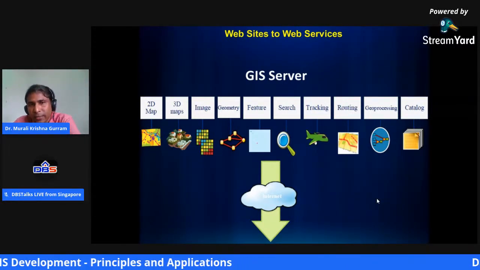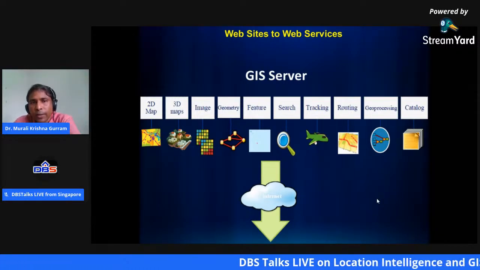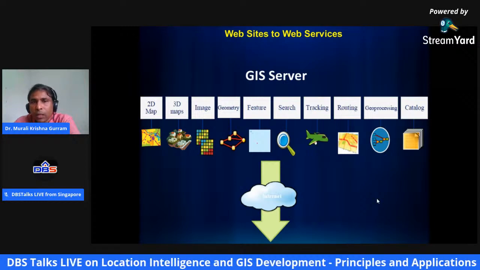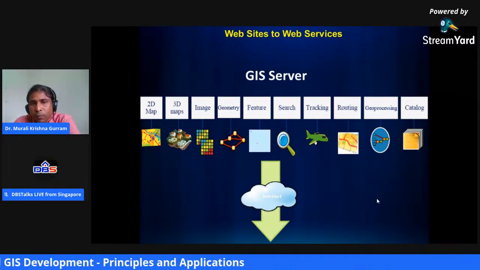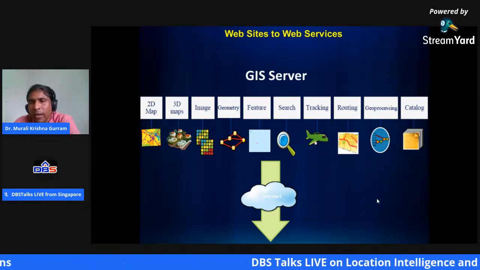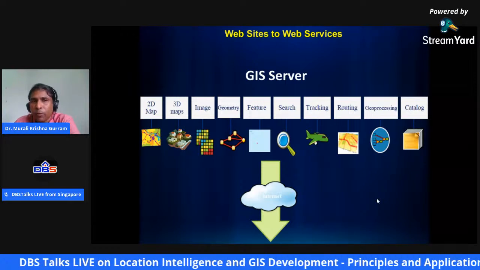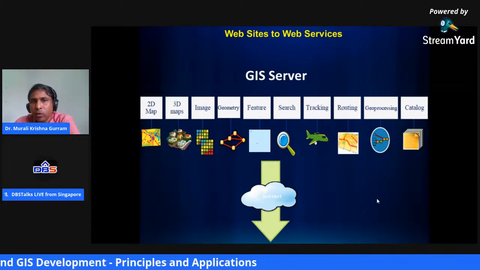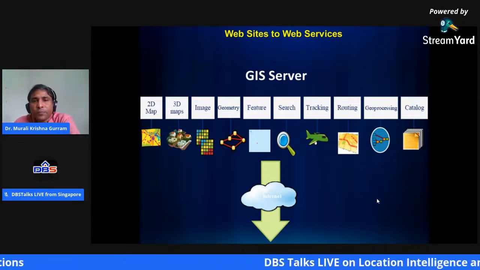It is not just a GIS server; any other information technology data server has the data component, the processes and tools, and the catalog, which helps you create those services and ultimately share them over the web. Next slide, please.